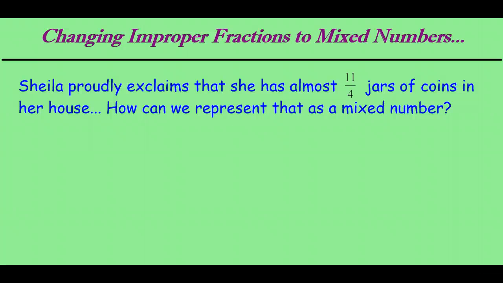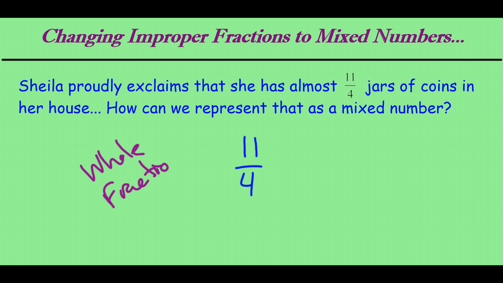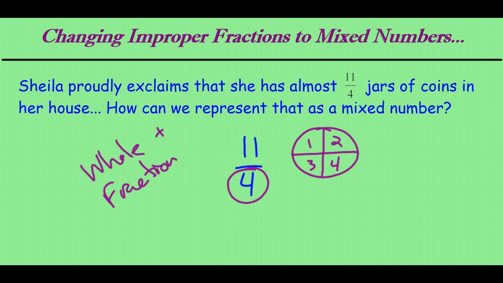So for 11/4, we have to figure out a way of making 11/4 into a mixed number, which has a whole number and perhaps a fraction. Well, actually, definitely has a fraction because it's a mixed number. So the key thing here is that our denominator is fourths. So if we draw this as a picture, one whole jar of coins will have 1, 2, 3, 4 fourths